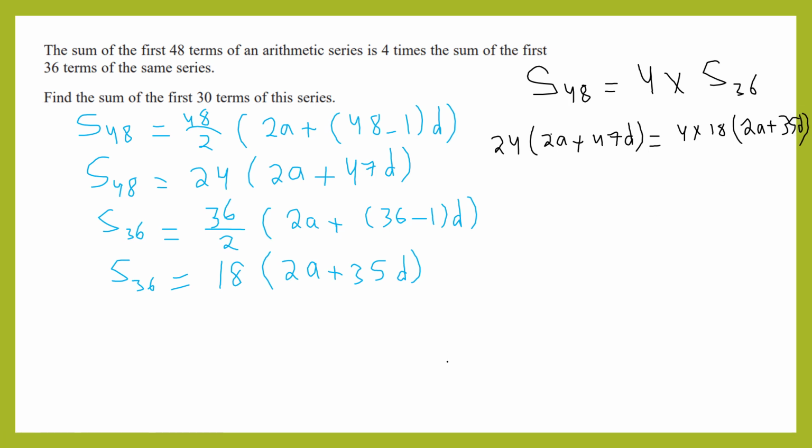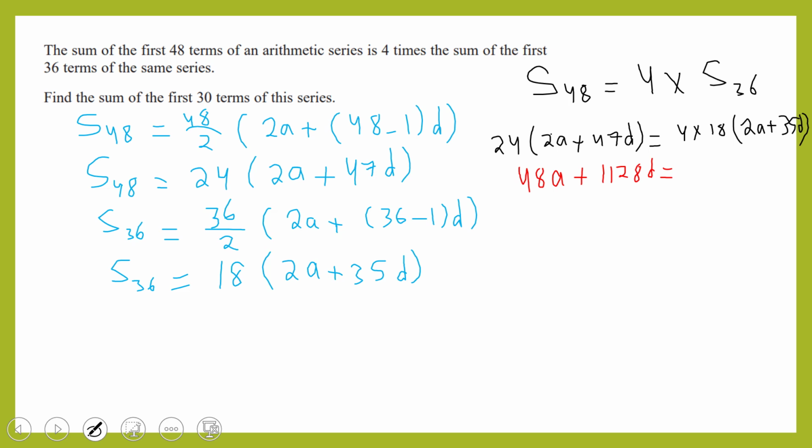So we will expand the two brackets so we can find the answer. It will be 48a plus, if we multiply 24 by 47, it will be 1128d